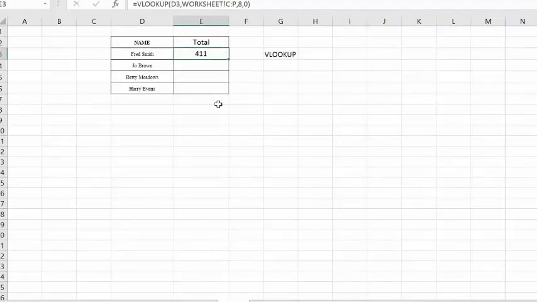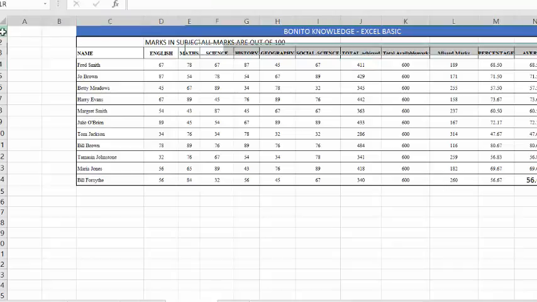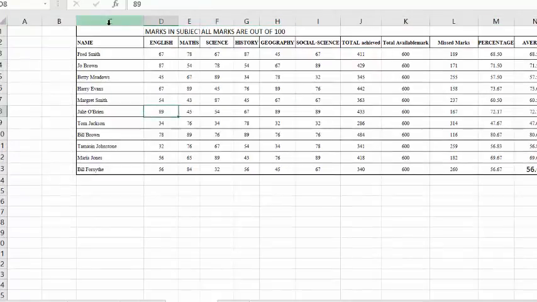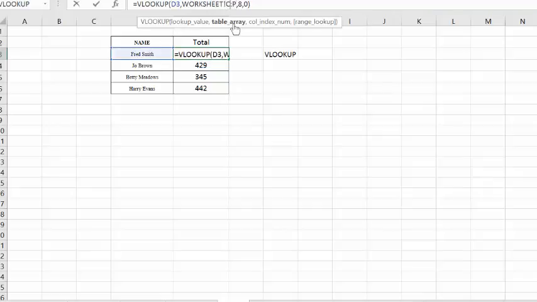If I drag this formula, it will copy for the other students also. So please remember, there are two key points to be remembered. First, whichever cell you are searching in the main table, that should be available as the first column in the search. For example, I cannot use this formula where I have given C to P, but if I give it from B,